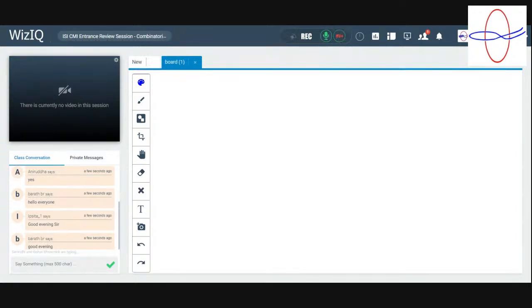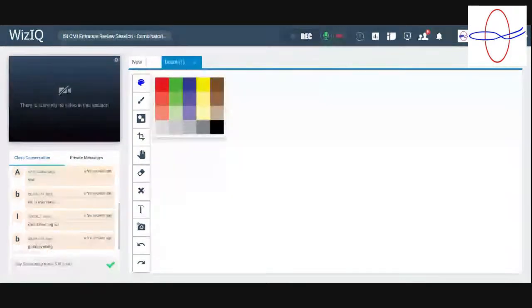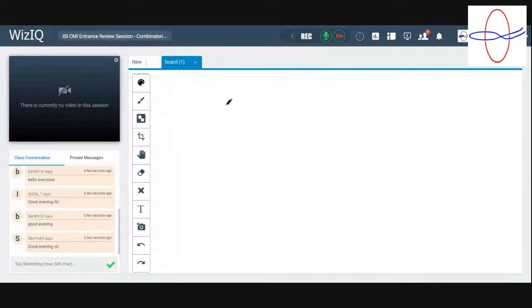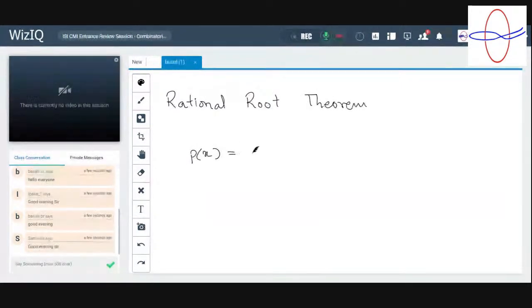Right. So yesterday I forgot to mention one thing, so let me just start with that. I forgot to mention the rational root theorem. And this states that if P(x) is a polynomial like so,